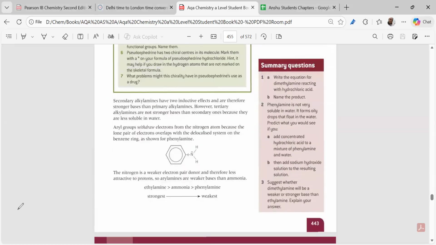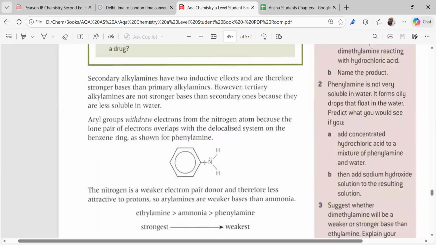Now see the second question. Phenylamine is not very soluble in water. Predict what you see if you add concentrated hydrochloric acid to a mixture of phenylamine in water. We'll be telling that the oily layer will slowly dissolve, because the hydrochloric acid will react with the phenylamine to give you the salt. The salt will be highly soluble. Now we have to know this also, that if you add sodium hydroxide to the salt,